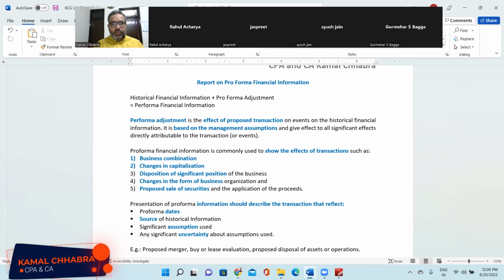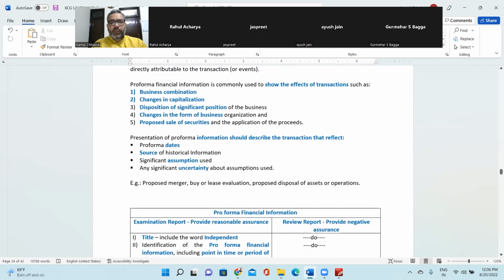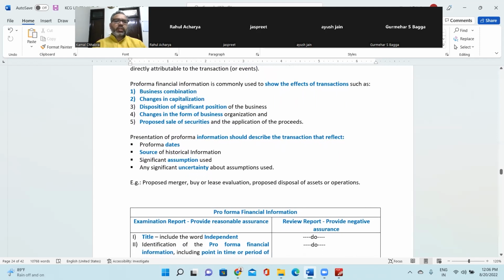This is for management reporting purposes, majorly internal management reporting or internal investor reporting. So a pro forma adjustment is the effect of a proposed transaction or event on historical financial information. It is based on management assumptions and gives effect to all the significant effects directly attributable to the transaction or the respective event. Pro forma financial information is commonly used to show the effect of transactions such as business combination, change in capitalization,